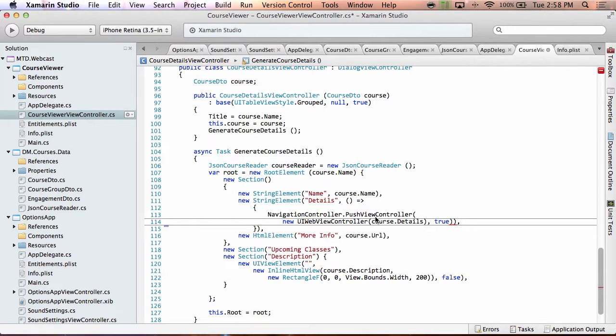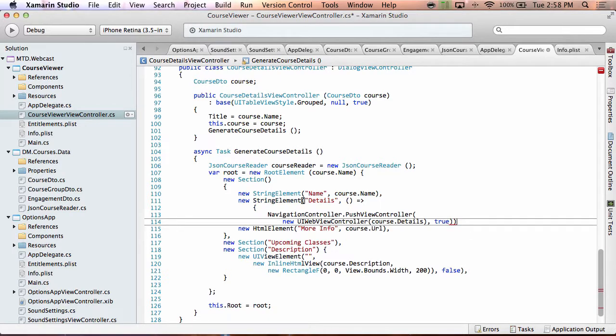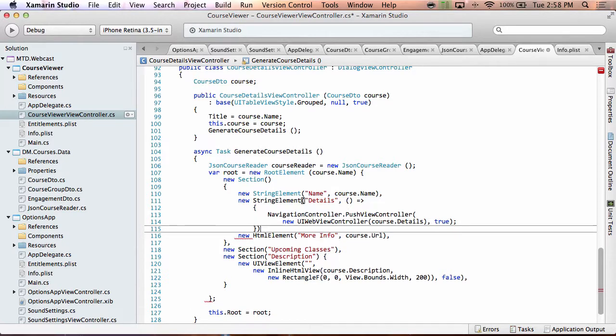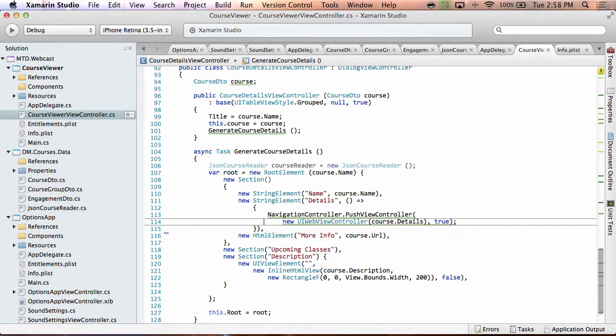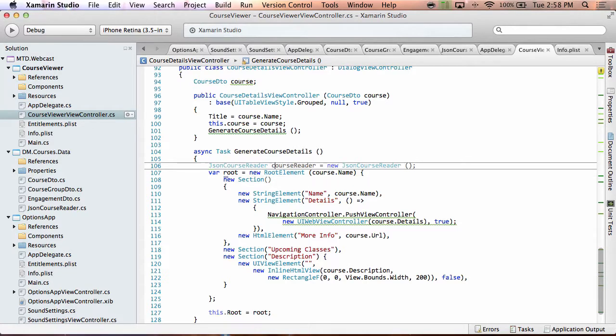And then put a comma there. Actually, I don't need to do that. I think we can do this. So that's for the view controller. Let's put a semicolon, close that off, and then close that off, and put a comma. There we go. All right, so there's our new view controller. All right, now,